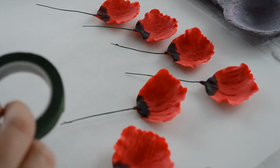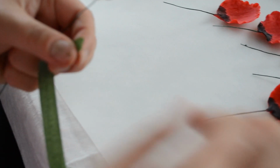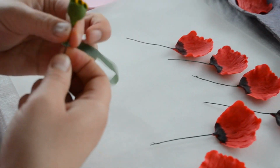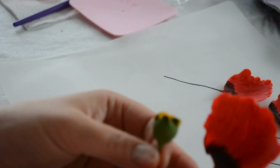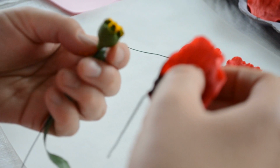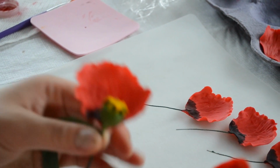So now I have all my petals colored in the middle of the flower. It's ready. I'm gonna use a green tape. Just gonna tape it around. Now I'm gonna use my petal. Just be careful not to break it. I'm gonna bend it a little. And go around once. Now I'm gonna take my second one